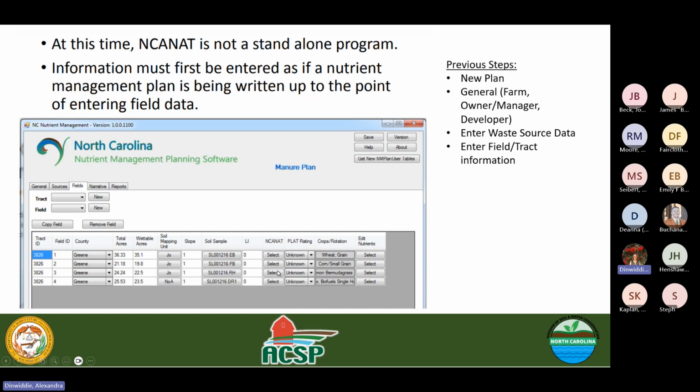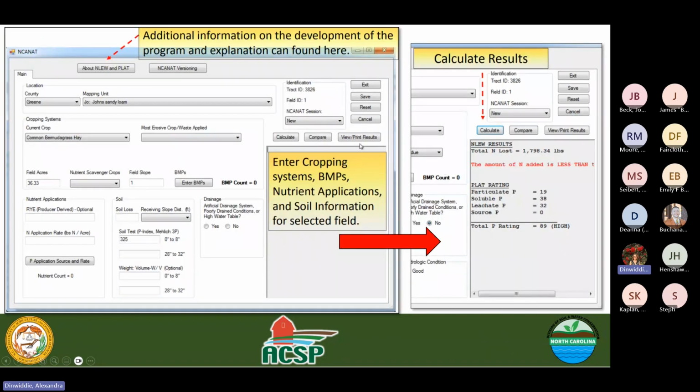see this NCANAT select option on the screen here. You do have to fill in basic background information and other information related to that, like you would be filling out a nutrient management plan. So up until that point, if you hit that select button, then you will enter into a screen that looks very similar to the screen that Deanna showed you